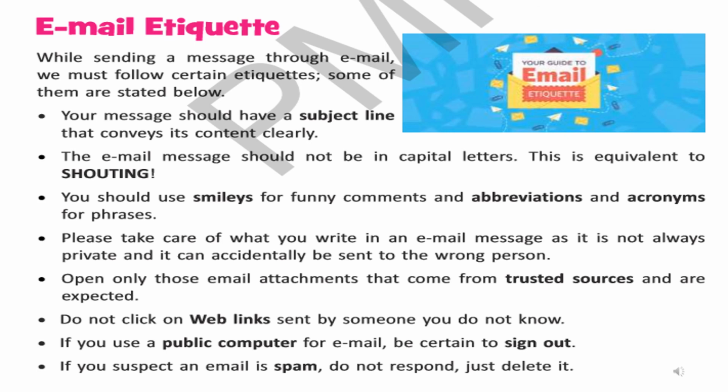Whenever you are opening attachments, they should be from trusted sources, otherwise there are so many internet frauds. And whenever you are opening any web link, it should be from someone you know, otherwise a virus can also come along with it.